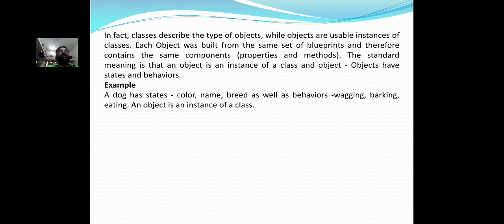Each object was built from the same set of blueprints and therefore contains the same components, properties and methods. The standard meaning is that an object is an instance of a class. Objects have states and behaviors. For example, a dog has state: color, name, breed, as well as behavior: wagging, barking, eating. An object is an instance of a class.